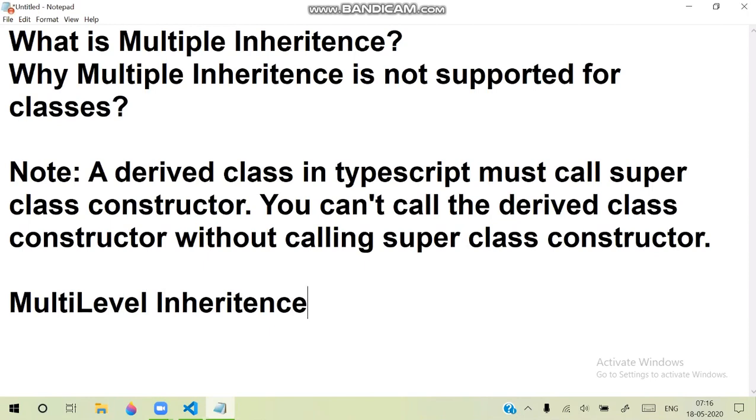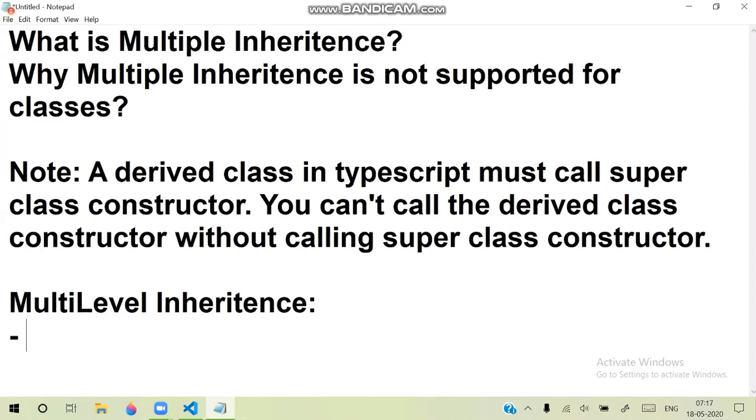What is multi-level inheritance and how to deal with it? This is another important part. Already we discussed multi-level inheritance in the concept of interfaces. While working with interfaces, we discussed that.